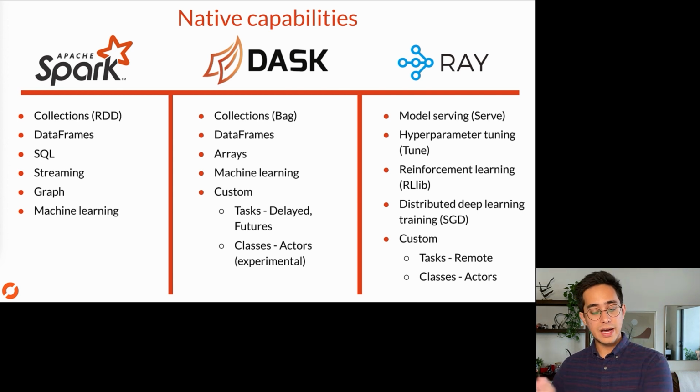And then Ray. You can see the difference in the kinds of applications Ray's been focused on: a lot around deep learning, reinforcement learning, distributing deep learning training, model serving, and things like that. The custom API is similar again to Dask, where you can do individual tasks, and it introduced this actors API. The native capabilities can be a little bit fuzzy because, when it comes to the ecosystem, things can be built on top of these tools and with them. And I think that's an even more compelling thing to look at.